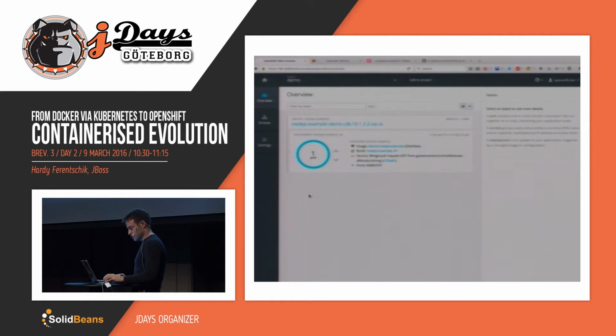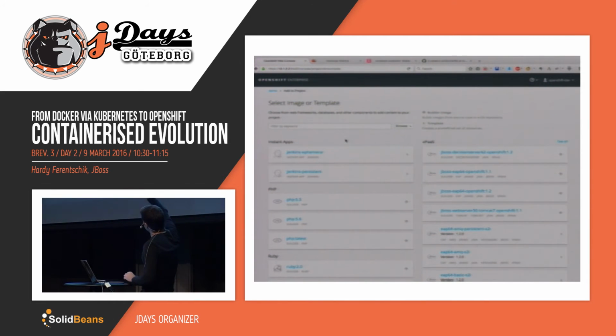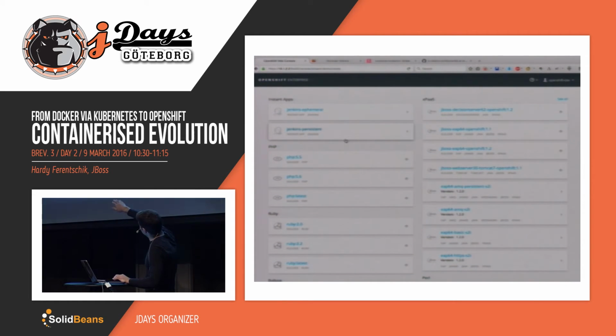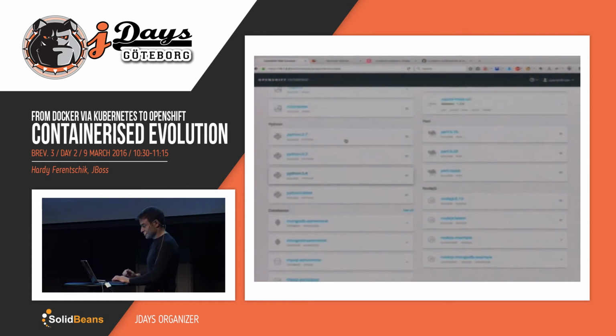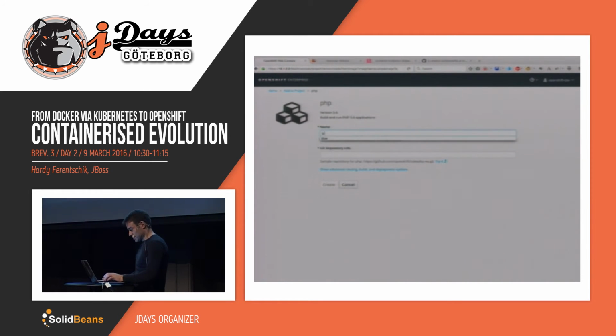Let's try to do a blue-green. What we see here is that in OpenShift there are some templates defined by default, which help you get started. There are Wildfly or JBoss EAP templates. There are templates for PHP applications, for Perl, for Node.js. I will go here for the PHP one. And I call this blue. The repository URL is the URL for this demo here.